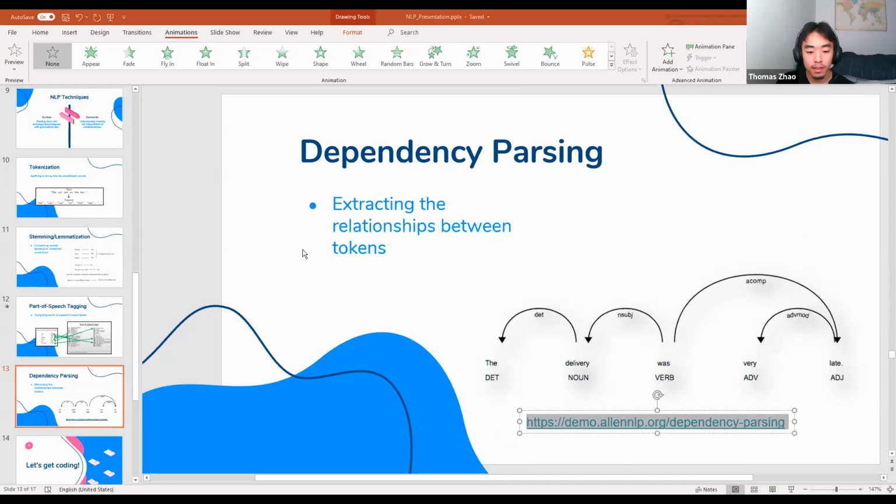So this is just a more intuitive way to get a feel of what dependency parsing means. So the delivery was, what does nsubj mean? Well, you can pull up, if you Google dependency parsing spaCy, they have this glossary here. You get part of speech. spaCy, by the way, is the Python library we'll be using.